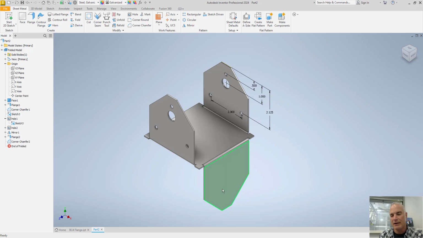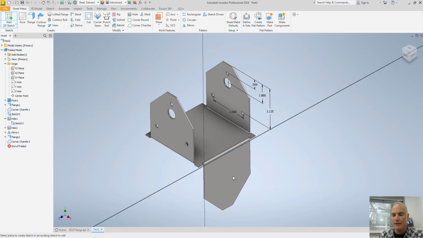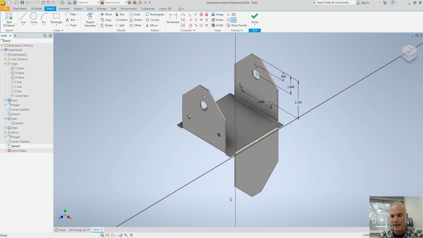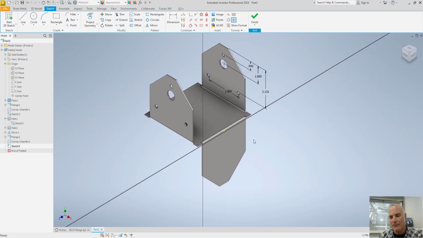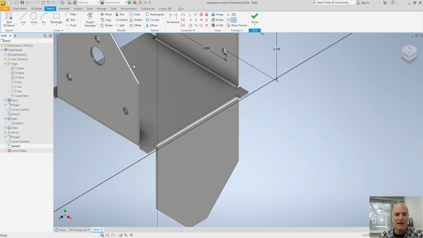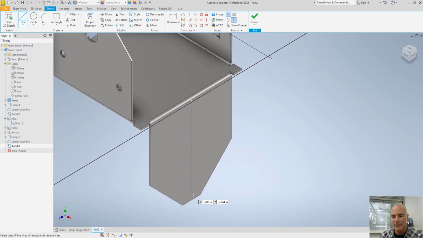And now I can put in a new sketch on that surface, and I'm going to rotate it back here. Remember, I left these up for a reason, and the reason that I left those up is so that I can come in and I can use those dimensions again. So I can come in here now and I can say from here, like this, and then across this way,